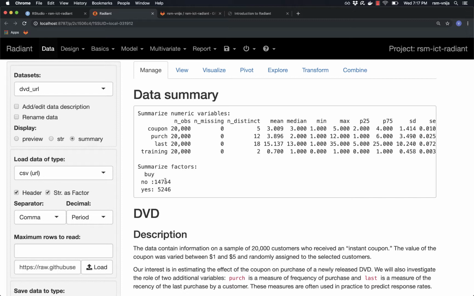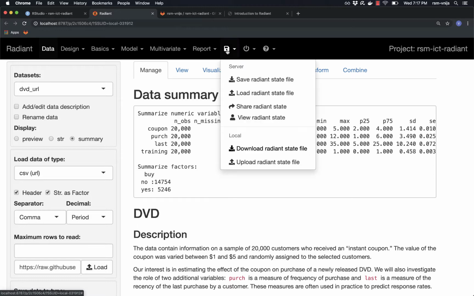All right. Okay, so we haven't done a lot of work so far, but it is often useful to save what you've been doing. And there's a nice feature inside Radiant that will allow you to save everything that you've done so far into what I'll call a state file. Okay? So if I click on the save, the floppy disk icon here, and then click on Save Radiant State File,